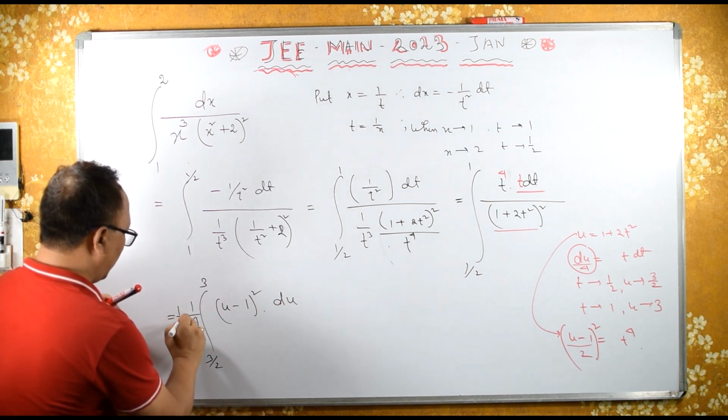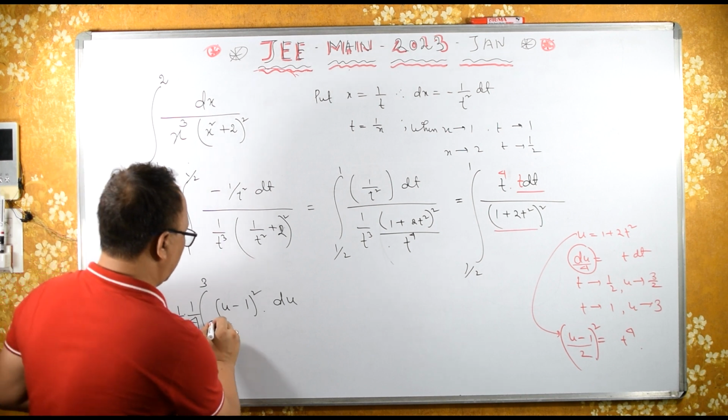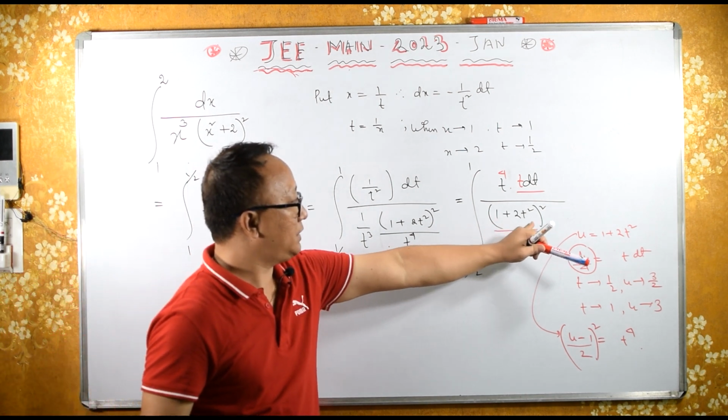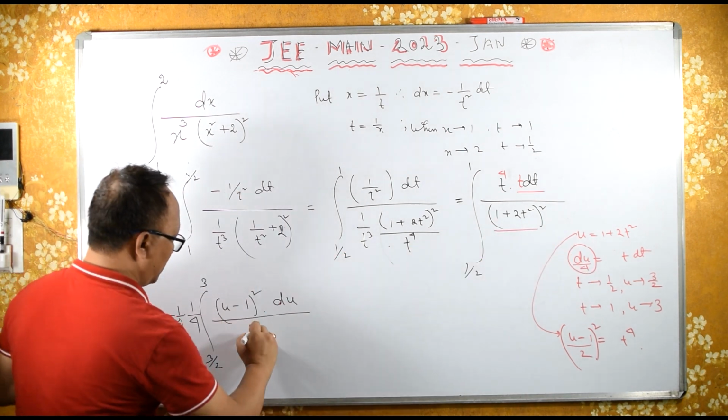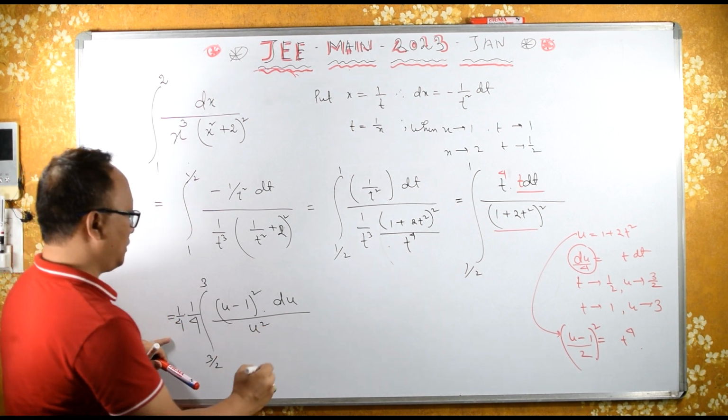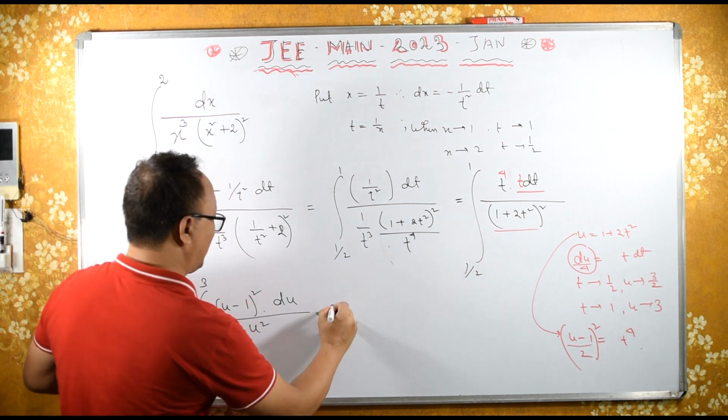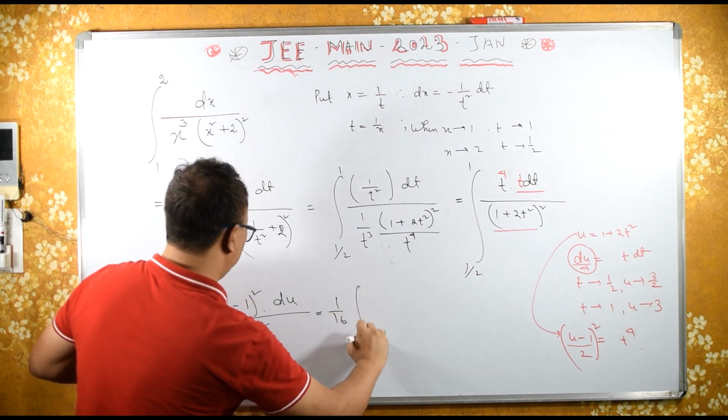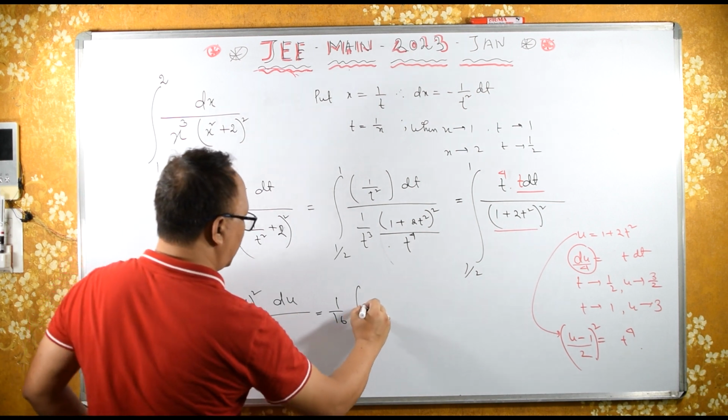So 1 by 4, upon, this is u, this is u square. So, therefore, 4 into 4 is 16, integral, a minus b whole square is a square